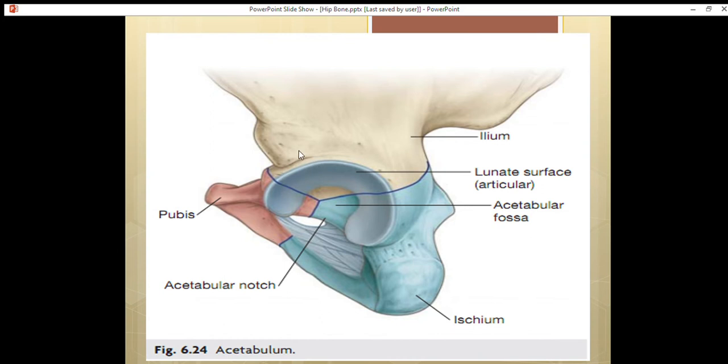The surface of the acetabulum is known as lunate surface, and lunate surface is going to be involved in the formation of hip joint. The head of the femur is going to be attached to this surface. The margin of acetabulum is going to give attachment to acetabular labrum, and